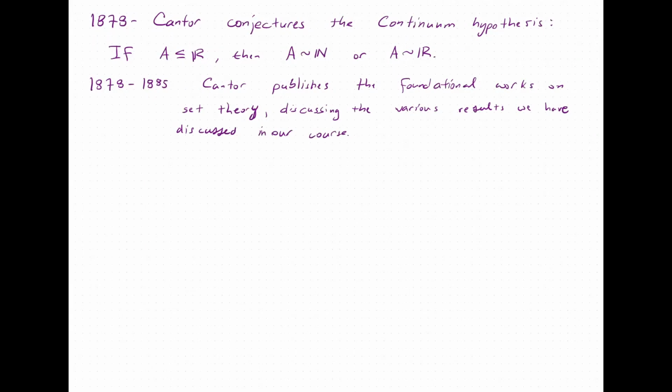Between 1878 and 1885, Cantor published a series of papers which cemented set theory as its own discipline. The topics that we have covered in our course on set theory up to this point are all contained, for the most part, in these publications from 1878 to 1885. The definition of equinumerous, the definition of a function, what it means to be bijective. All these ideas that we have been able to go through in the span of weeks, Cantor developed going back as far as 1872.